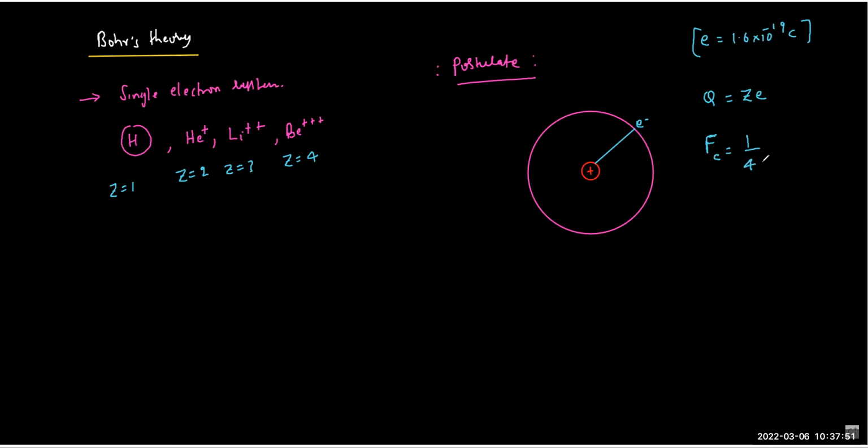upon 4 pi epsilon naught into Q1 Q2 by R square. R is the separation. So the Coulomb force is simple: 1 by 4 pi epsilon naught Q1 Q2 by R square. And what you can understand here,